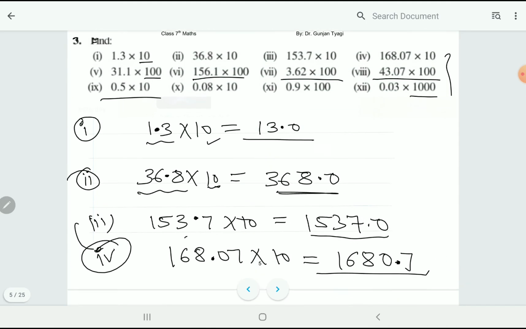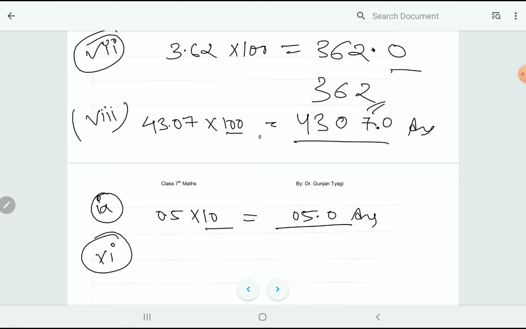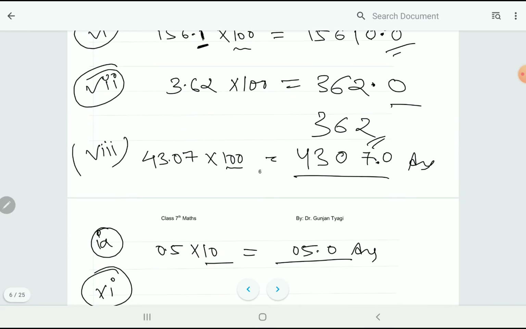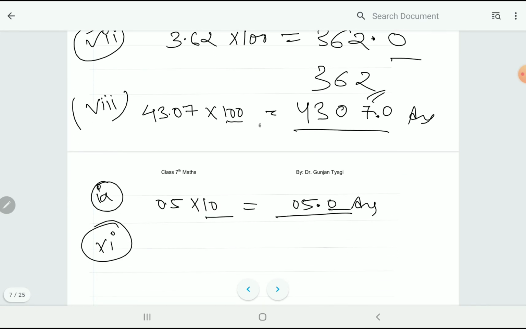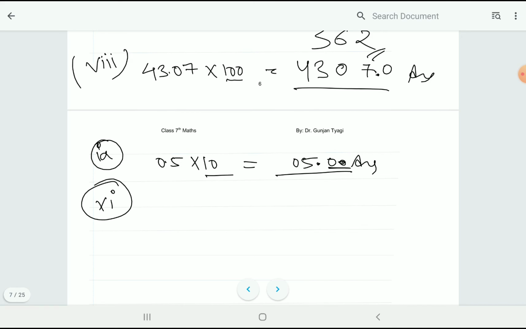Ninth part is 0.5 multiply 10. Again in 10 there is 1 zero, so place of decimal will shift one place to the right. This is the answer. अब डेसिमल के राइट साइड में आप 0 लगा सकते हैं. देयर इज़ नो नंबर, यू कैन राइट 0 1 0 2 0, डजेंट मैटर, बट आप ऐसे कहीं बीच में 0 नहीं लगा सकते और लेफ़्ट साइड में आप 0 नहीं लगा सकते. अगर आप ऐसा करेंगे तो नंबर की वैल्यू चेंज हो जाएगी.